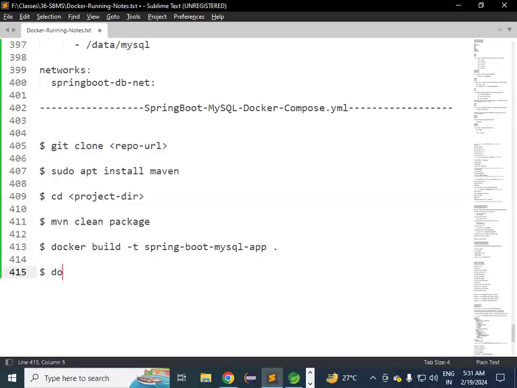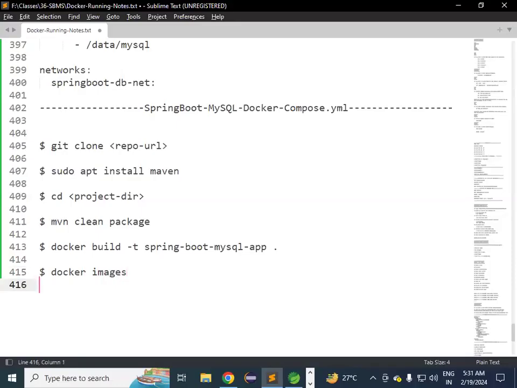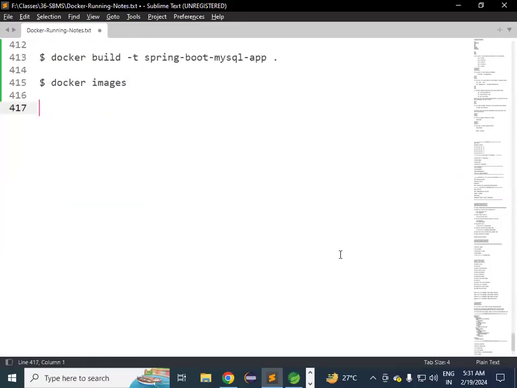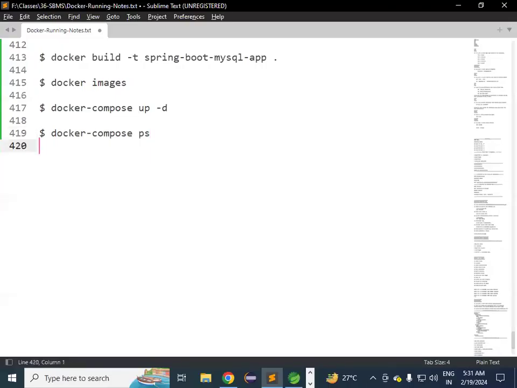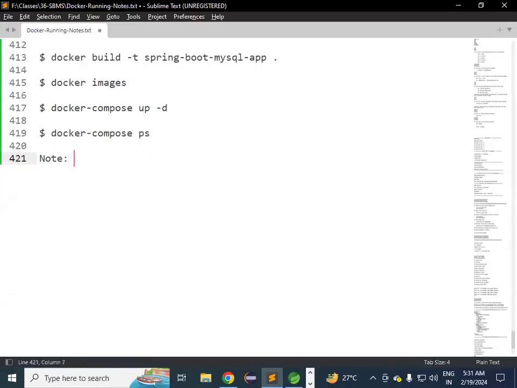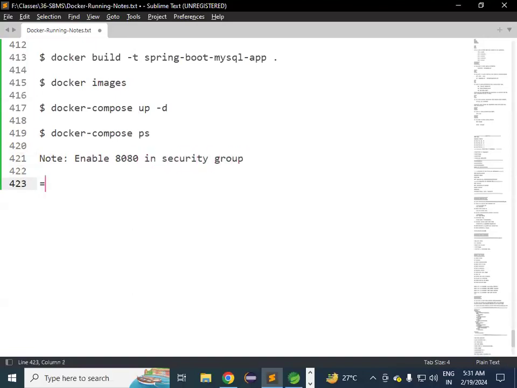Once it is done, you verify with docker images. Then the final command we are going to run is docker compose up -d. The next command is docker compose ps. What is the meaning of docker compose ps? The containers will be displayed. Then finally, enable 8080 in the security group. Access the application